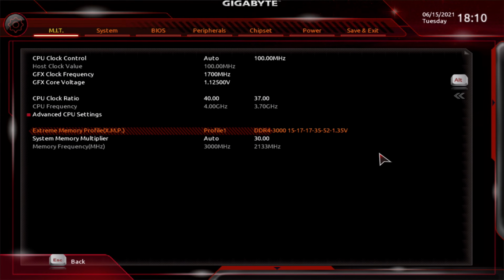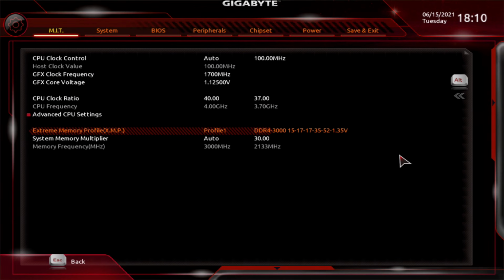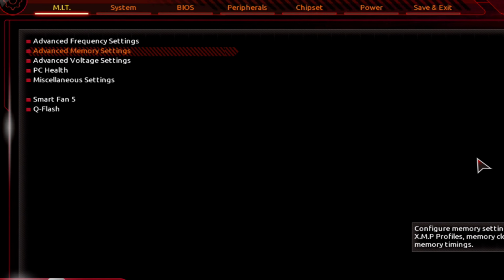And as you can see, what that does is it makes a lot of adjustments on the timings. If you look deeper into what happens, it actually applies some different voltage values, as well as obviously takes it up to 3000 megahertz, which we want. So now we are done with this menu. To navigate back to the previous menu, all we have to do is hit escape, come down to the